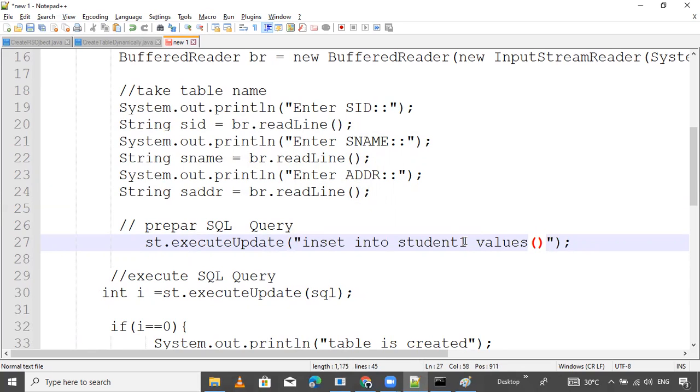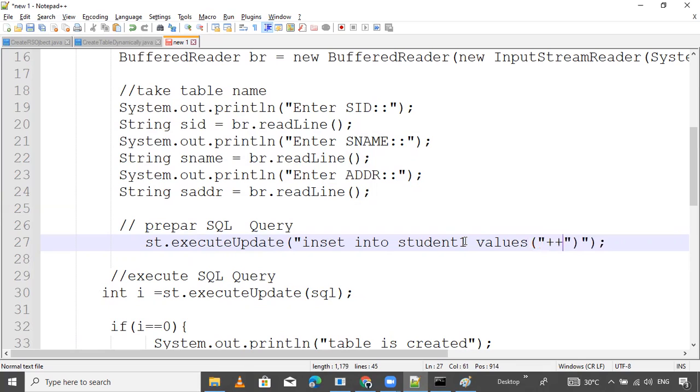Okay, so now inside this, I want to pass SID and name.